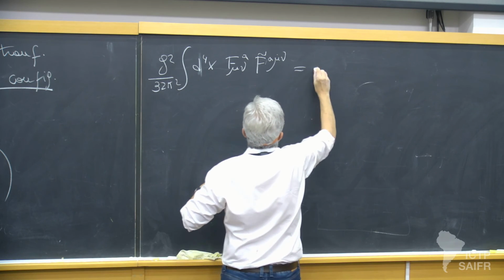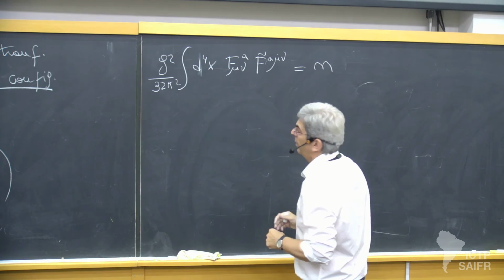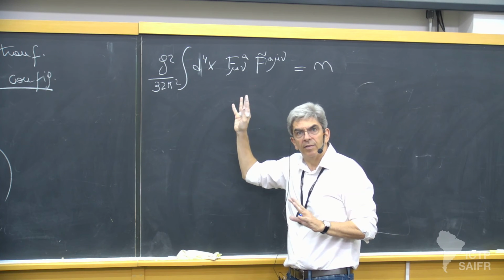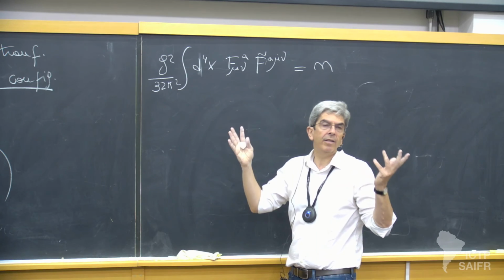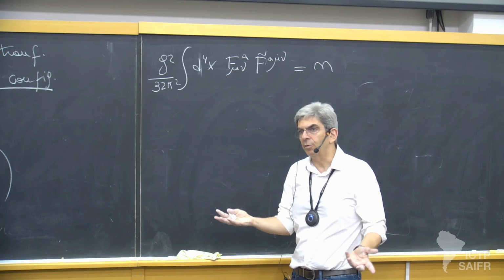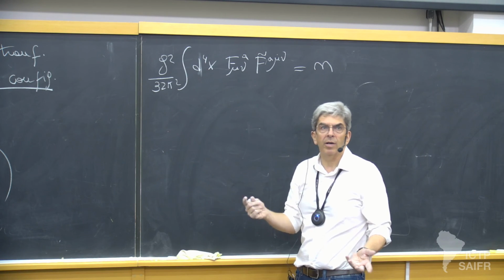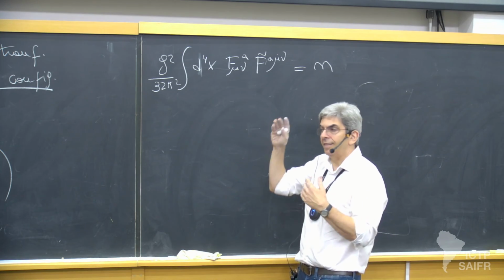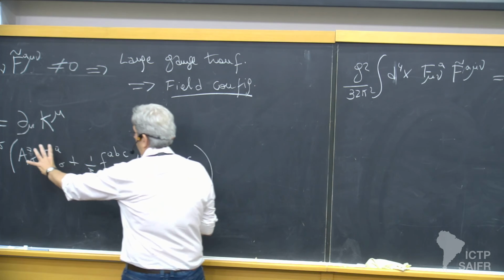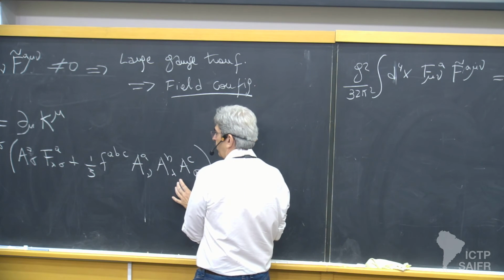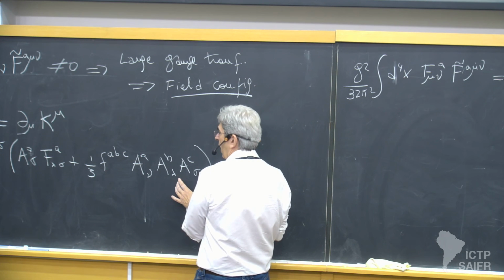This is going to be equal to a number n. There is a theorem behind this, and I don't have time to show this theorem, but it's a mathematical theorem, and it has to do with something called the Cartan-Maurer form that is behind the fact that each of these gauge fields, this part will not contribute, but each of these gauge fields will actually,